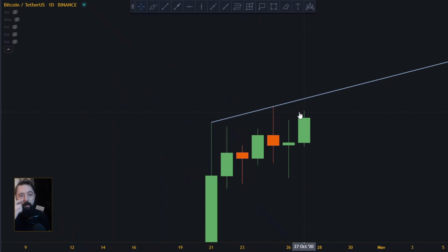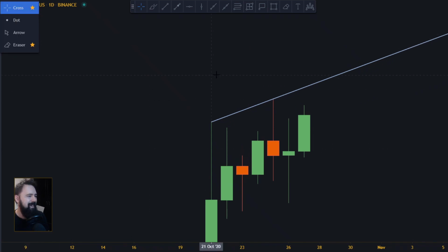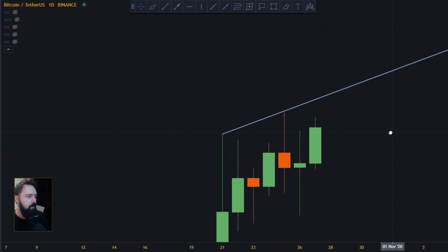Everybody who knows anything about technical analysis knows that certain lines you have to cross with a purpose, with courage, break them, destroy them. So if it starts rejecting this line, I'm going to be worried. But I don't think it's going to reject this line. And this line is at, let's put the price where it should be, right here,